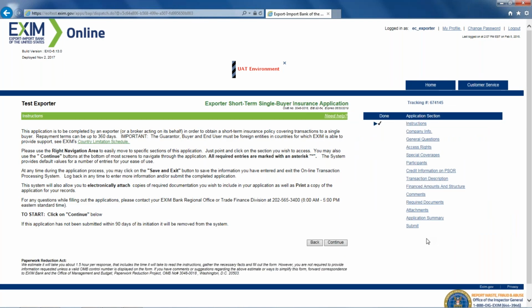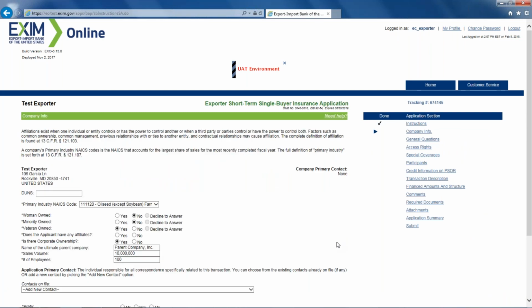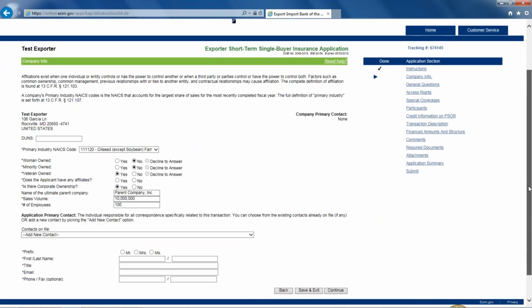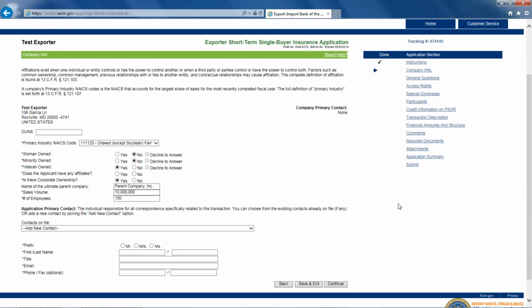So there we are, that's the page we were on. So with that, let's then begin filling out the application, and I'm going to use the continue buttons at the bottom of the pages, so we'll fill it out in sequence. This is the first section of the application. It's asking for basic information about the exporter, and you'll note that anything that has an asterisk along the side is required information, so you will have to fill that out.